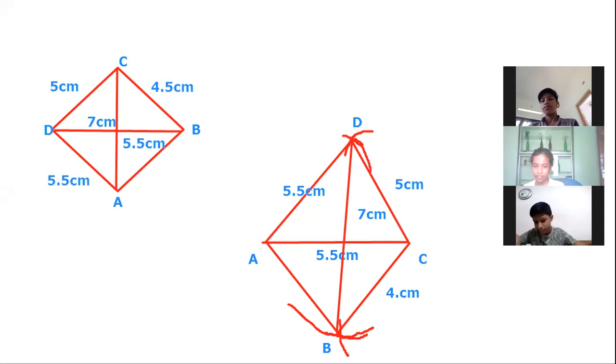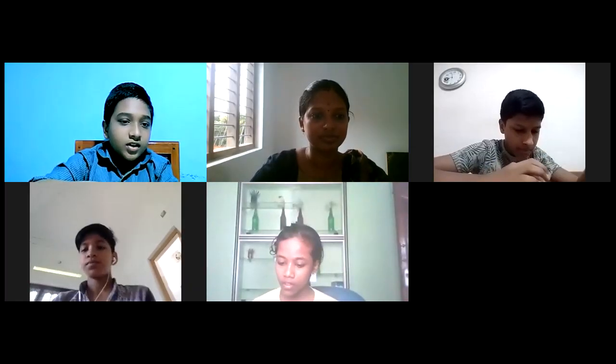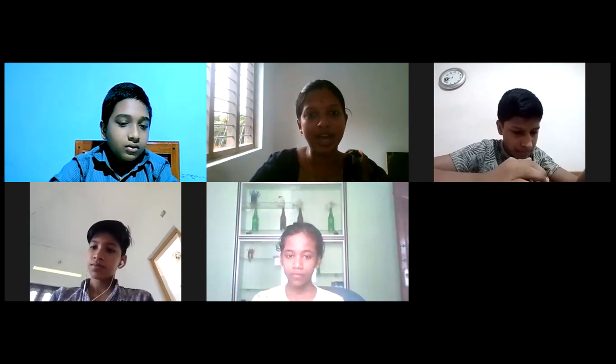Using this concept, you have to draw some quadrilaterals. You have some questions given in page number 62, exercise 4.2. You have to draw 3 quadrilaterals. First one is quadrilateral LIFT, and the second one is quadrilateral GOLD. Don't read it as lift or gold; it should be quadrilateral LIFT and quadrilateral GOLD. And the third one is rhombus BENT. What are the specialties of a rhombus? 4 sides are equal. And another one?